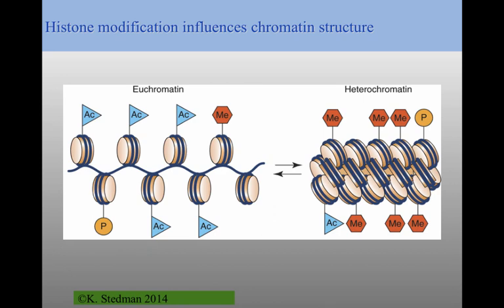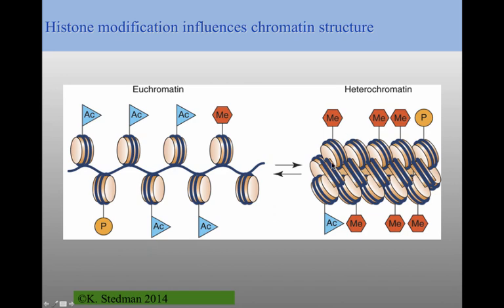Hopefully, again, this is beating the dead horse a little bit. Histone modifications clearly lead to lots of changes in chromatin structure. So if you've got acetylated histones, particularly lysine 9 in histone H3, that usually leads to opening up of the chromatin. Very common that you see these associated with transcriptionally active genes. So this is euchromatin. On the other hand, if you get methylation, and particularly methylation again at that 9 or sometimes the 7 position in histone H3, that leads to heterochromatin formation.